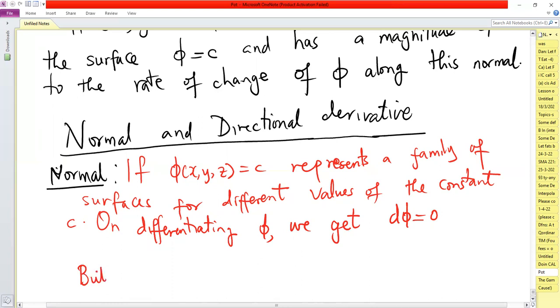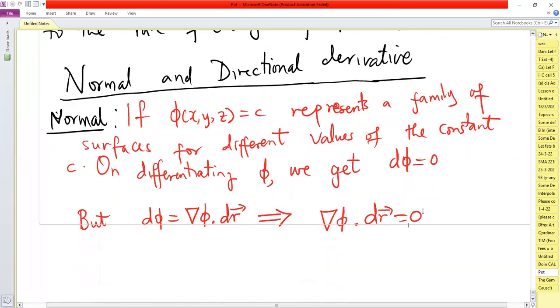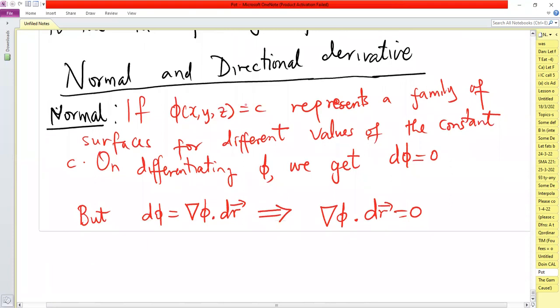but we know that this is given by the dot product of gradient of phi and dr. Which means gradient of phi dotted with dr gives 0. Because remember, when you differentiate a constant, you get 0 on the right-hand side. So the scalar product of the two vectors, remember, dot product is also called scalar product,